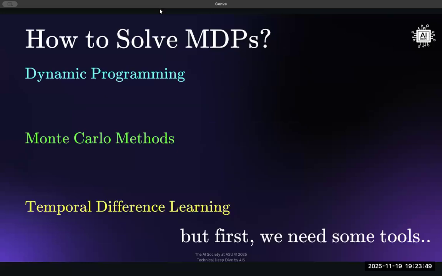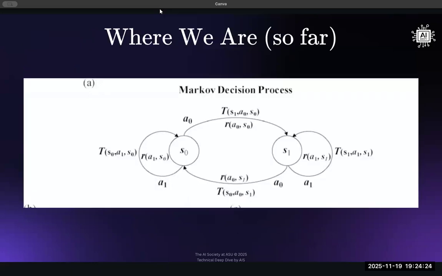And now, solving Markov decision processes, there are three main classes of algorithms. The first one is dynamic programming, then Monte Carlo methods, and temporal difference learning. To understand each of these, they sort of pile up on each other, so we need to understand the first one before understanding the other ones. We need to equip ourselves with some tools, some way that we can approach these algorithms to solve problems that are formulated under Markov decision processes.